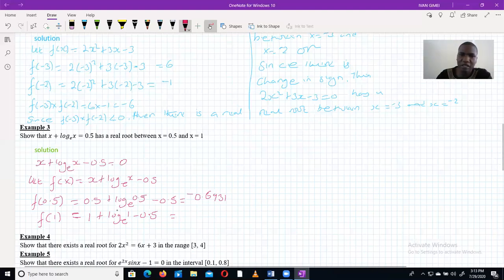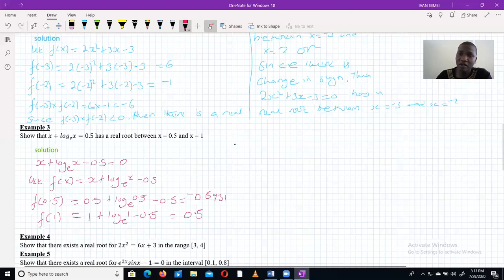Of course, that we know, because the natural log of 1 will give us 0. So this gives us 0.5. Now, at this point, we've already seen that yes, the root exists because it's changing sign,